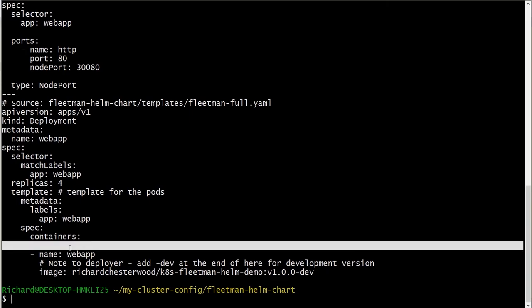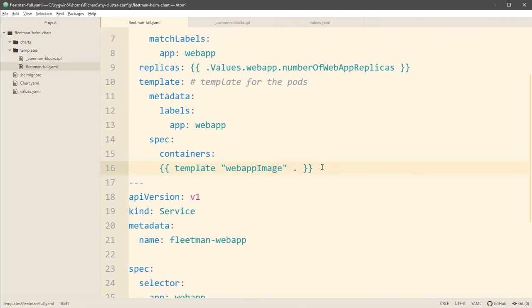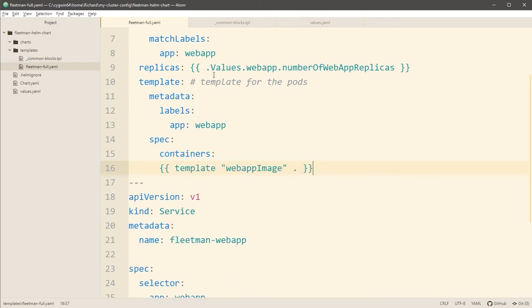Why is that happening? And the reason for these annoying blank lines is where we have a Go action, such as here, what's happening is that once the processing has been done, there's a blank line being left behind where that Go template has been removed. Essentially, it's running this template, it's pasting the results underneath, and then it's removing that line entirely. You're going to find that happens a lot.